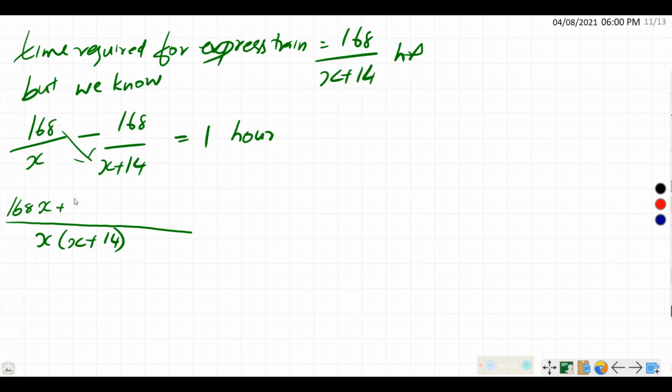We'll solve it later. Then minus 168x, so that will get cancelled also, is equal to 1. We took the LCM and did the cross multiplication. Now in the next stage we can cancel 168x and minus 168x, and what will remain is 168 into 14